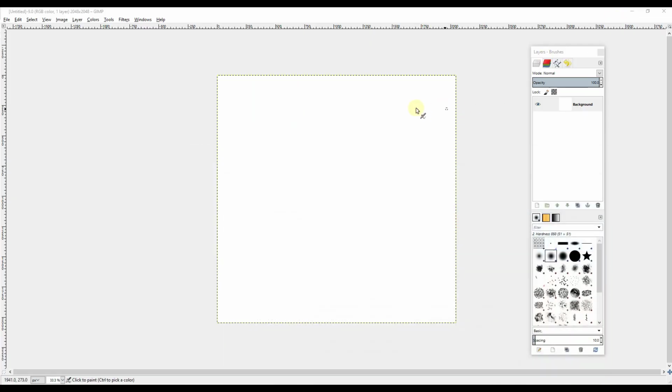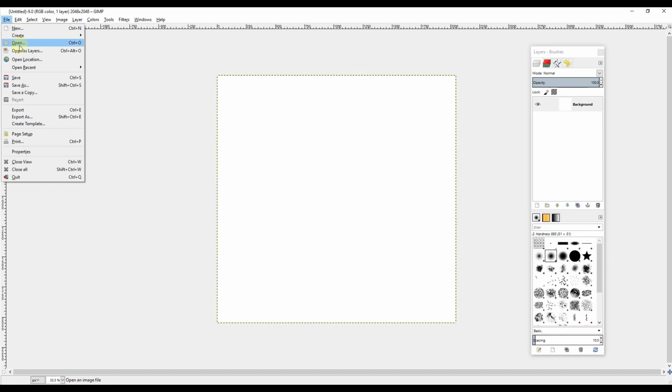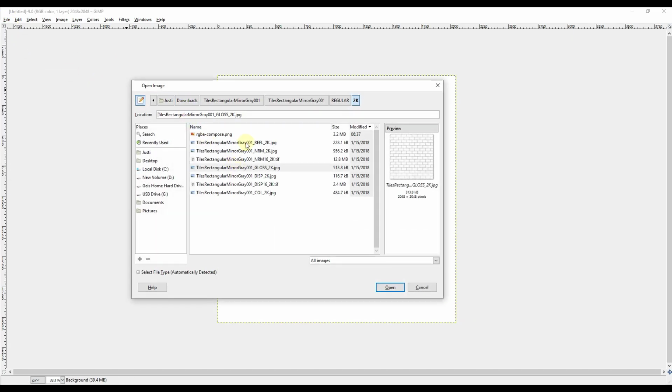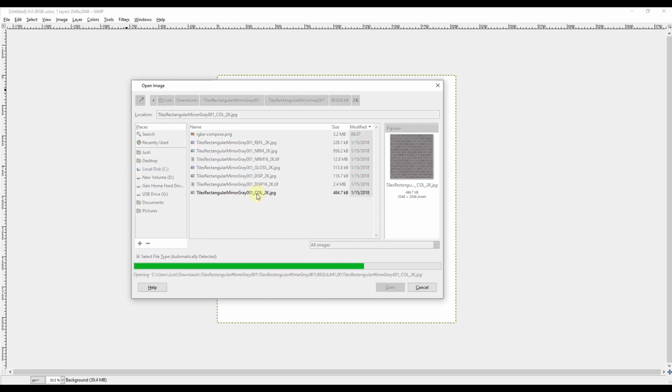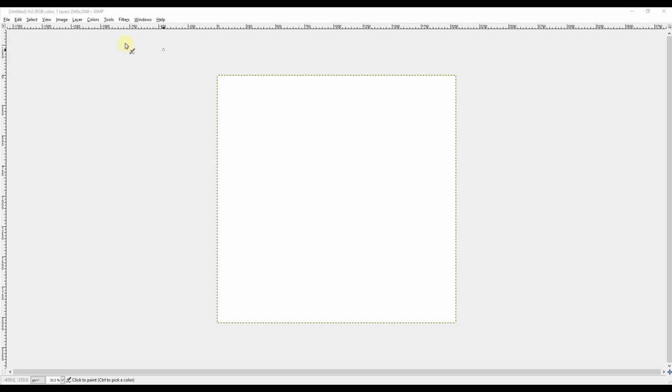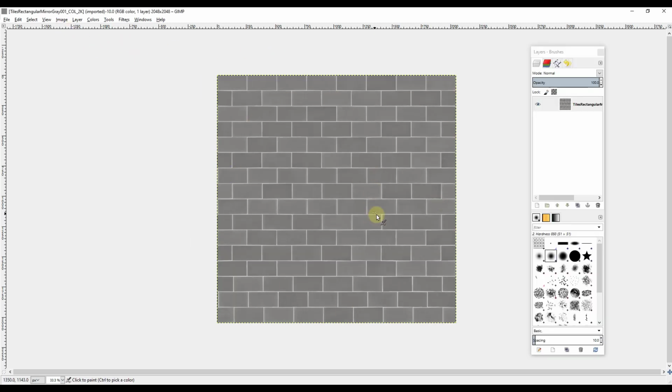What we want to do is start by opening up our material file. So we're just going to find, in this case, the color map, the COL. That's the map that basically has the texture associated with it. If we double click on that and take a look at it, that's going to open this up as an image. If you look at this image right now, you can see that it has a red, green, and blue channel already inside of it. But what it doesn't have is an alpha channel. So we need to bring in that additional information as a layer and then export it as the alpha channel